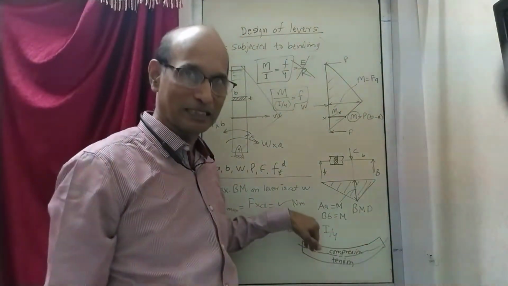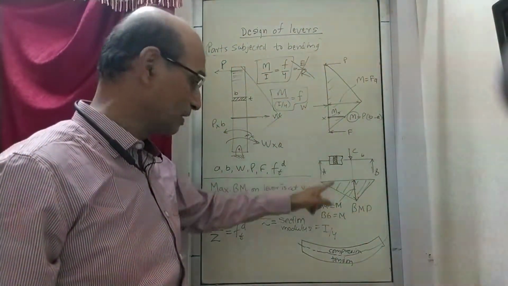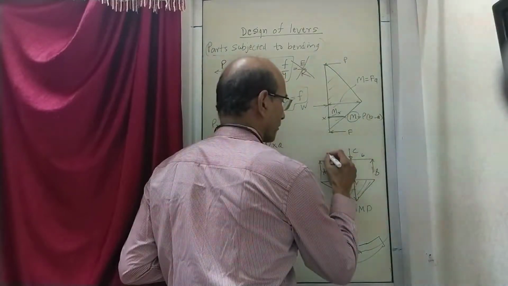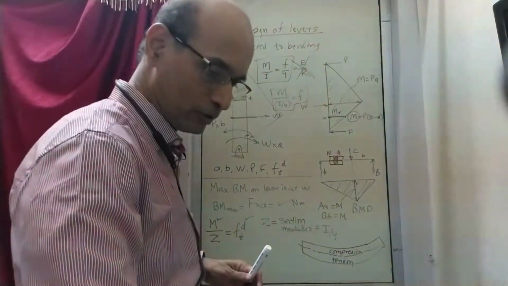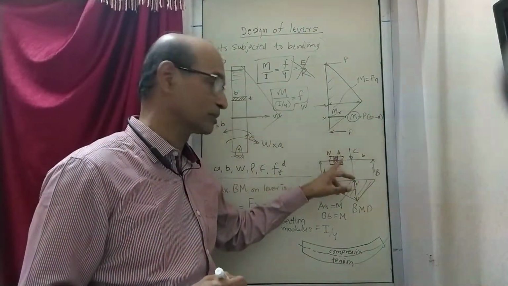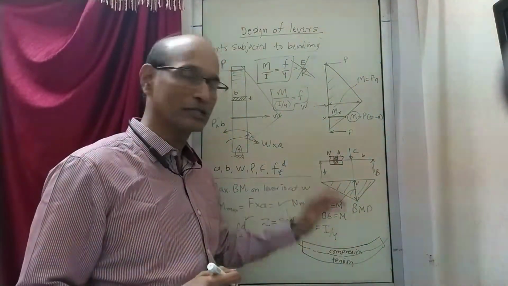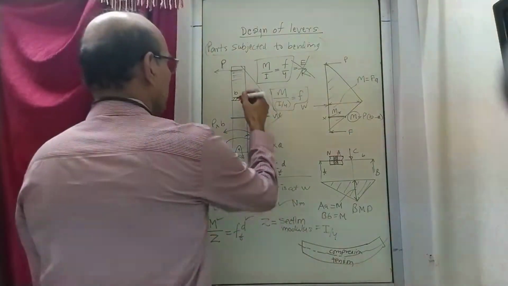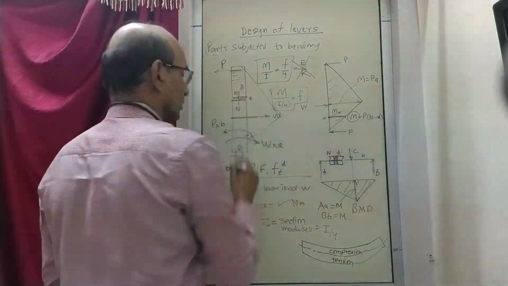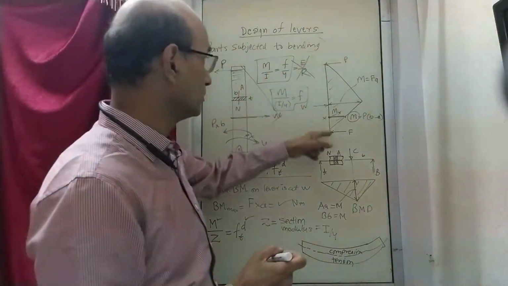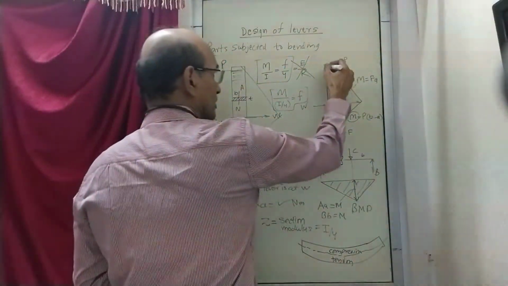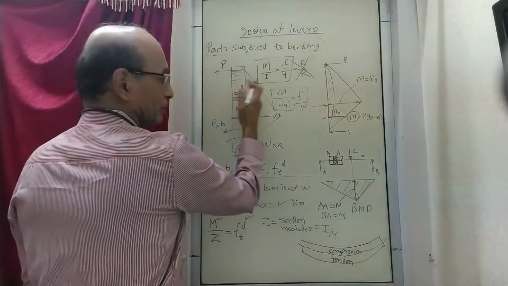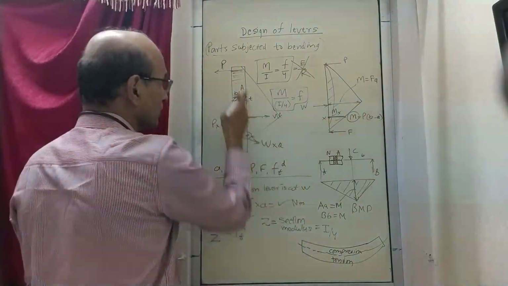This axis is called the neutral axis. So if you see the cross section and try to show the neutral axis, then this is the place of the neutral axis. The line I have drawn represents the neutral axis of this cross section. So in this example, this becomes the neutral axis. And then, as you see, this is the beam, these are the forces acting, so it is going to bend like this. When it bends like this, the outer fibers are in tension, the inner fibers are going to be in compression, and the middle one, that is the neutral